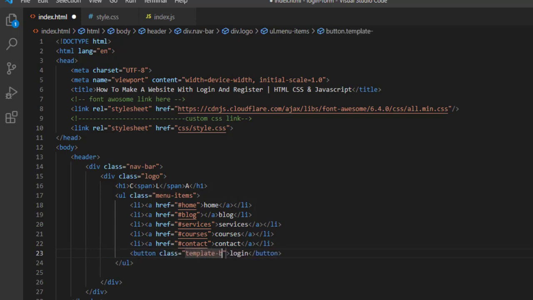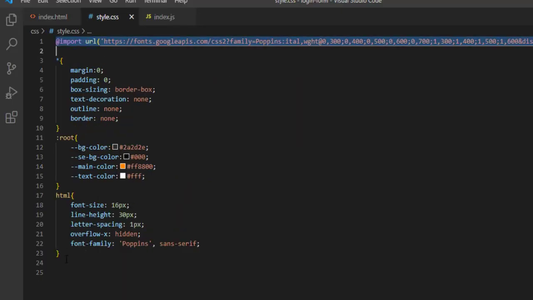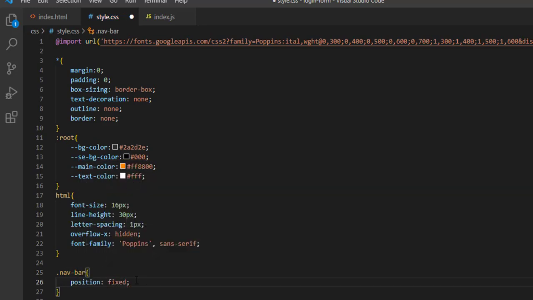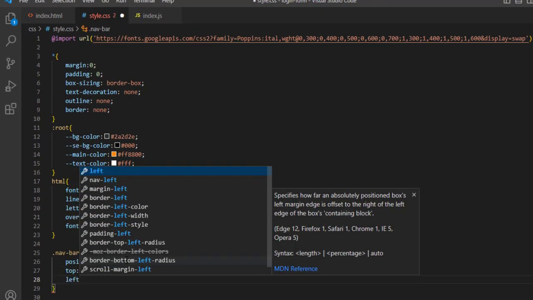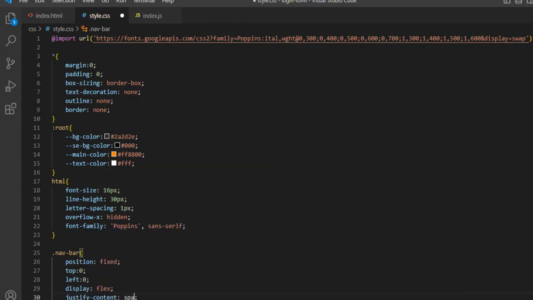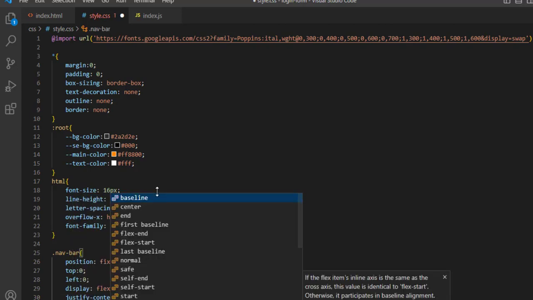After that, we are going to create a button element having a class name template button. So when I save and refresh, here we have, right? Now, using this class selector navbar, let me add some property value pairs. For this, position fixed, top 0, left 0, justify content space between, align items center,